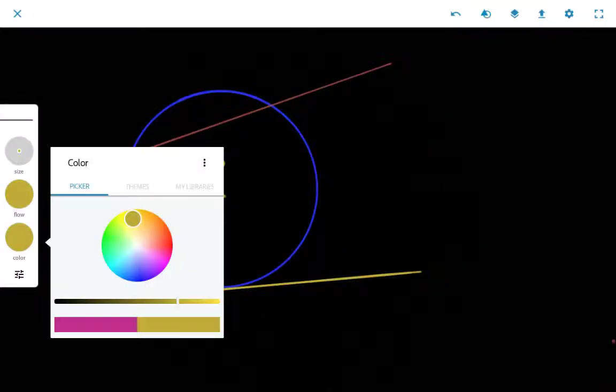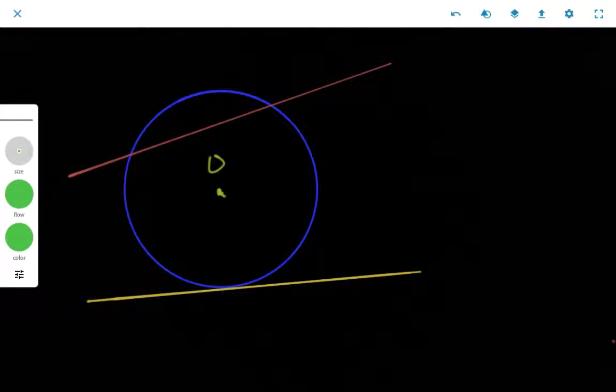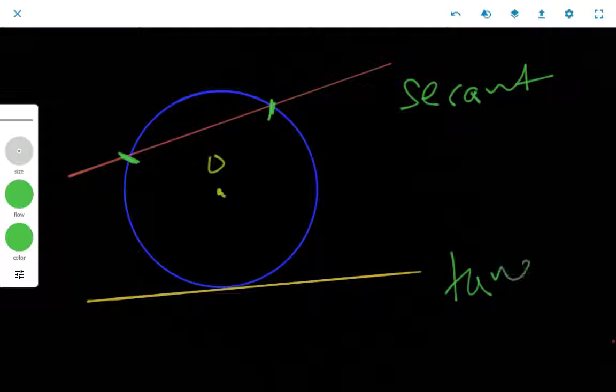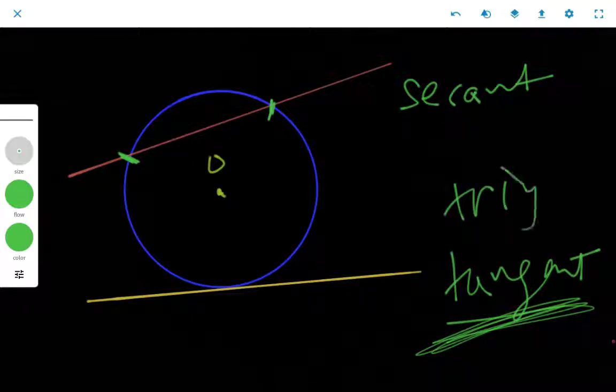So now let me tell you what a secant is. Secant and tangent: this thing is called a secant. A secant is any line that passes through the circle and intersects at 2 points. Here you can see. And tangent, this thing you remember by heart. Tangent, everywhere you are going to require. Main application, trigonometry. Okay, tangent. The property of a tangent is it intersects only at one point. Understand?